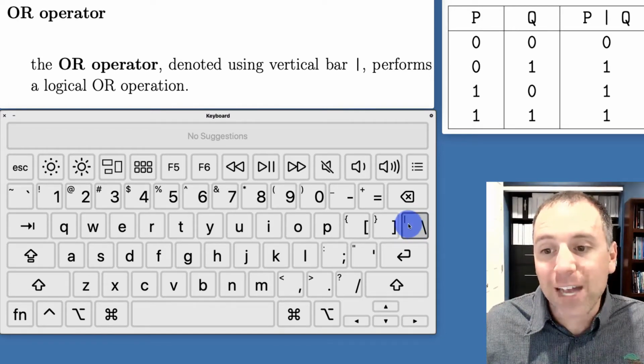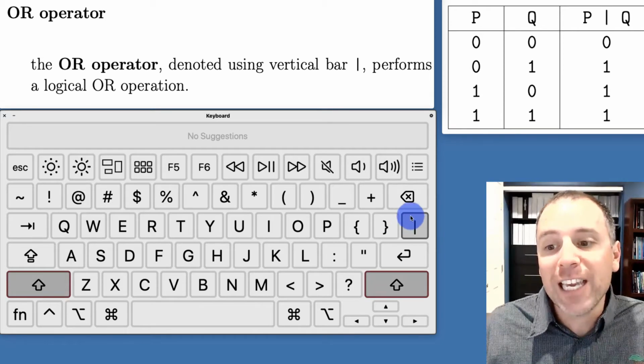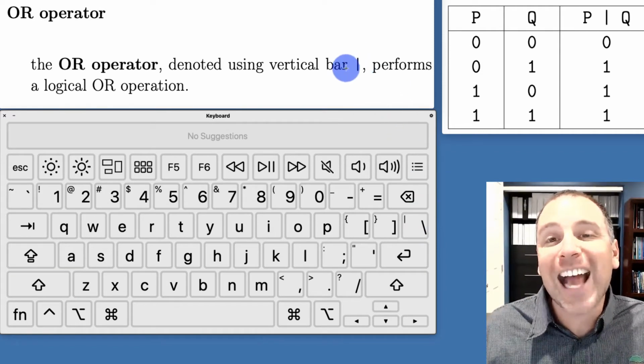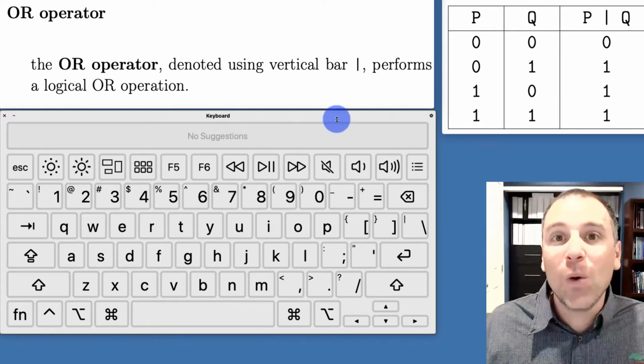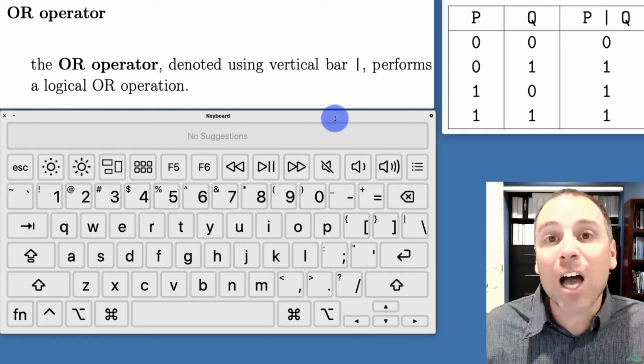It has the backslash and then it has the little vertical bar. I have heard that called a pipe symbol, P-I-P-E. In order to get to that vertical bar, I hold the shift key. Notice that will get me to the second functionality, and then when I push the vertical bar, I will get the exact OR operator that I want, which will allow me to do OR operations using MATLAB's logical data class.